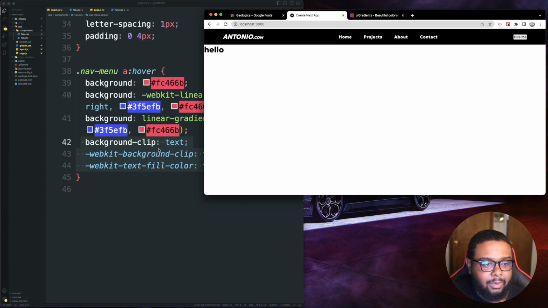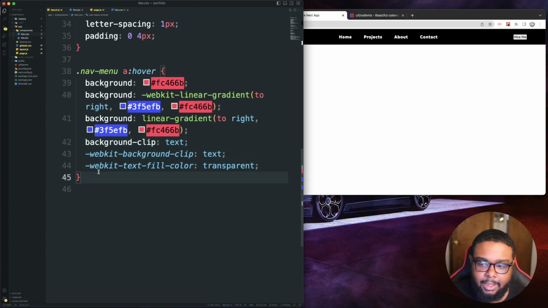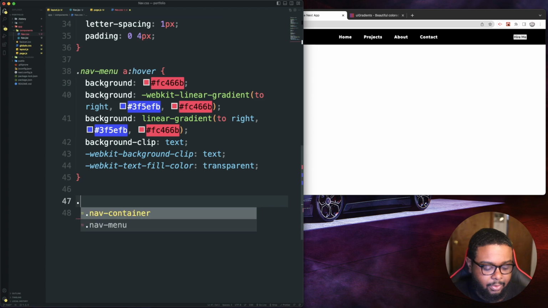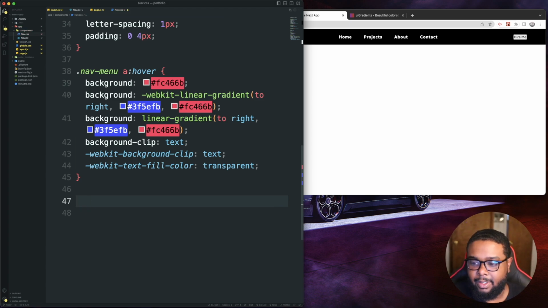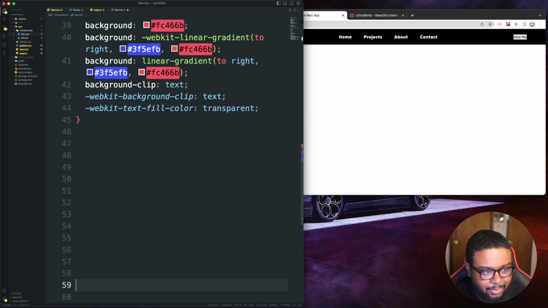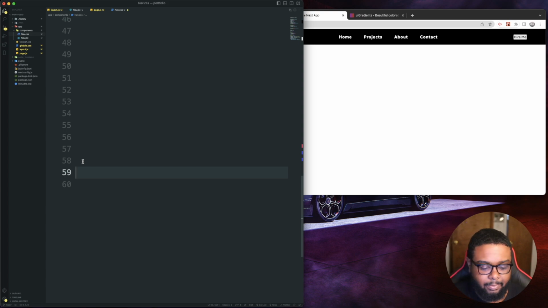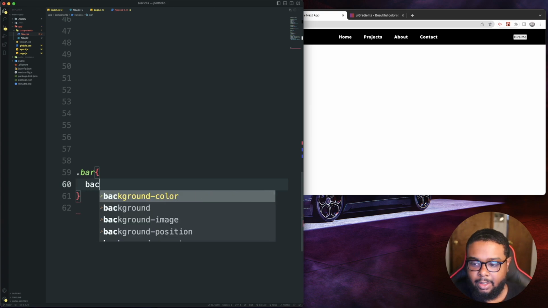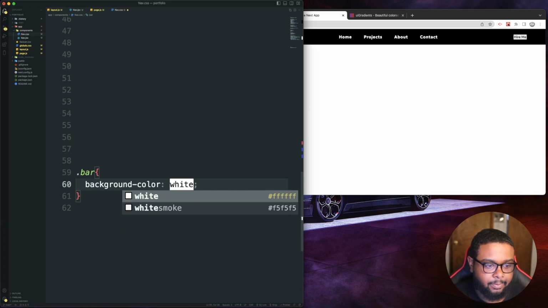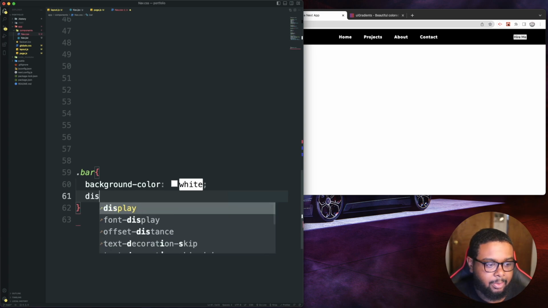But so then we got our hover, and now let's go underneath here, and we're just gonna do our nav right. Actually, let's not do the nav right. Let's actually create our hamburger menu. Let's make it some space because I kind of want to add some stuff in between this, but I just want to make the hamburger menu first. So let's go ahead and do that. So we're gonna grab our spans. We're gonna do a bar, and we're gonna do background color of white, and we're gonna do a display of block,